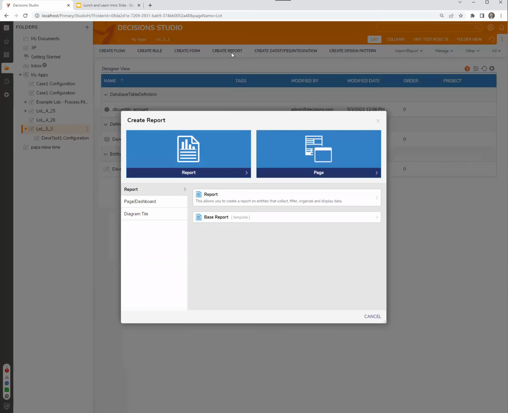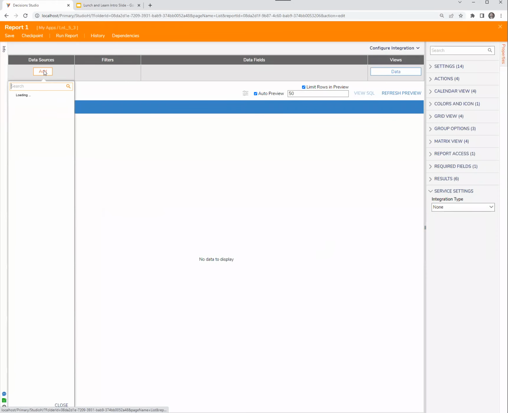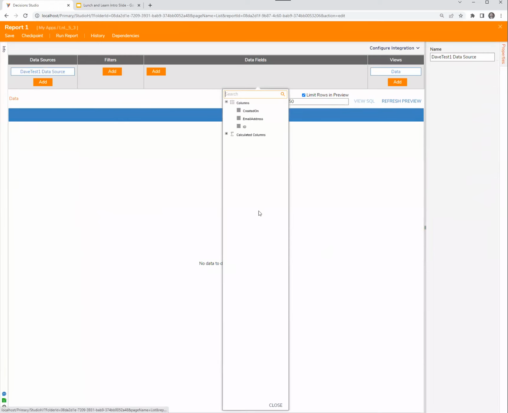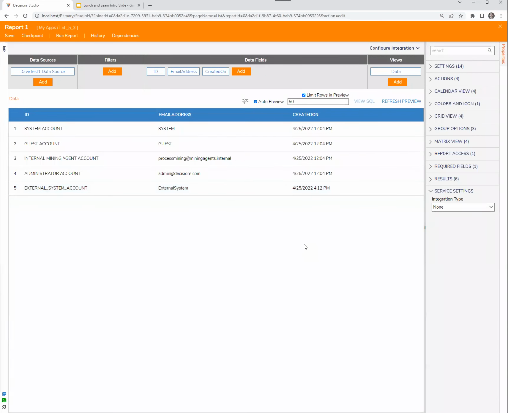Anyways, what I'm going to do is go back and create a new report. Now in this report, I'll add, and I should see external entities here, and I can find Dave test1 source. I have my 3 fields: ID, email address, and created on. So that fetch all plumbing flow is now running for me, mapping and giving me this